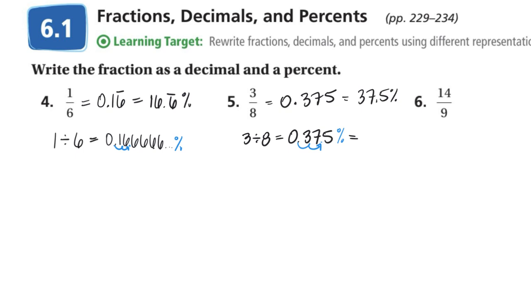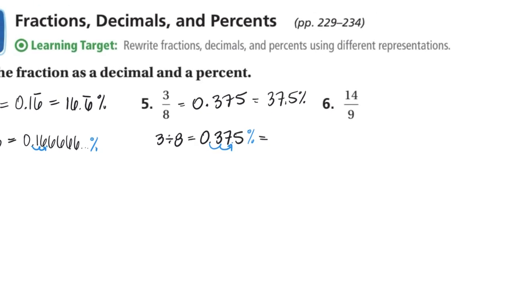Okay, so there we go. Decimals, fractions, and percent. Last one, 14/9. So let's move it just a little bit over. So 14/9, let's do 14 divided by 9. And 14 divided by 9 is 1.55555555555. Okay, so as a decimal, 1 and 5/10 repeating,